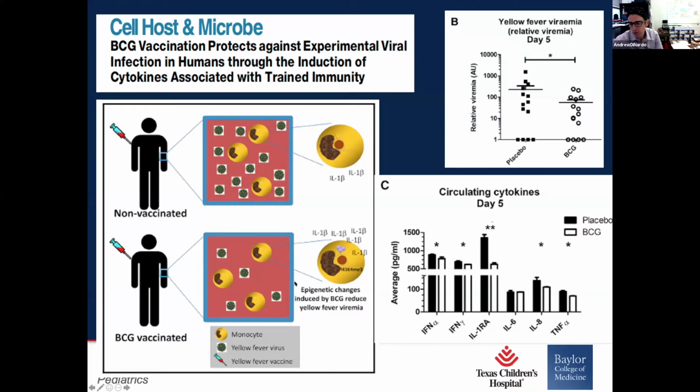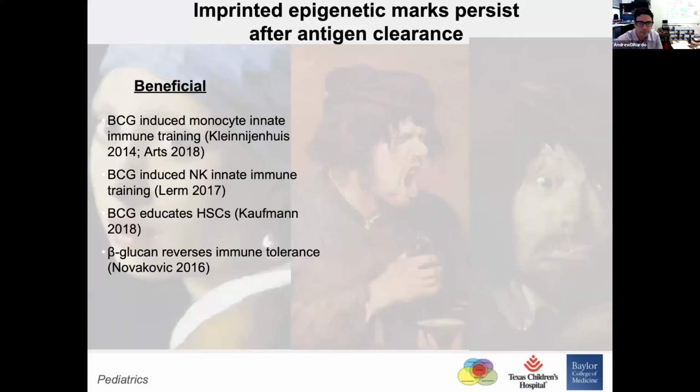So most likely what happened is that early innate control of the second infection is decreasing global immunity and this so-called cytokine storm that people are concerned about, and that is certainly involved with people that develop symptomatic severe disease due to COVID. So here are all of the beneficial studies that have shown epigenetic mediated